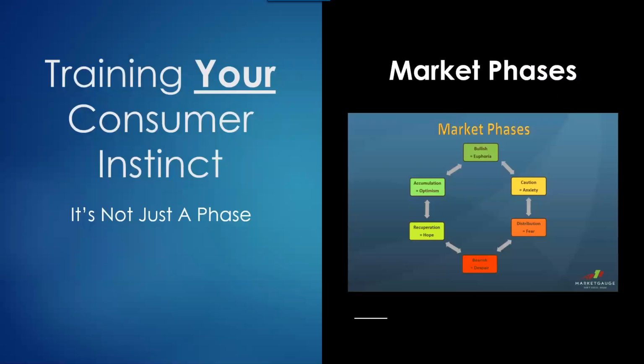So here we have the phases. I use 6 phases. And in the 6 phases, we always like to start at the top or high noon. What I have done is I have also attached an emotion to each one of these phases, because I think it's really important. You see these gauges all the time, measuring what the overall sentiment is, and if it's extreme fear, people say it's a bottom, and if it's extreme euphoria, people say it's a top.